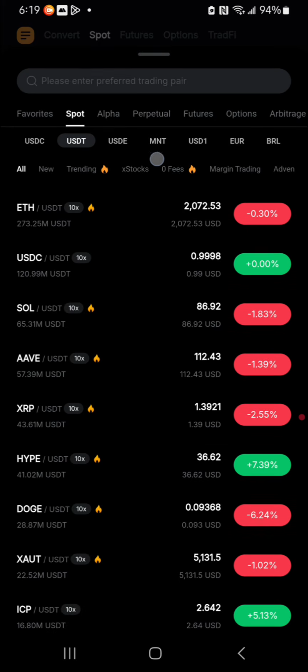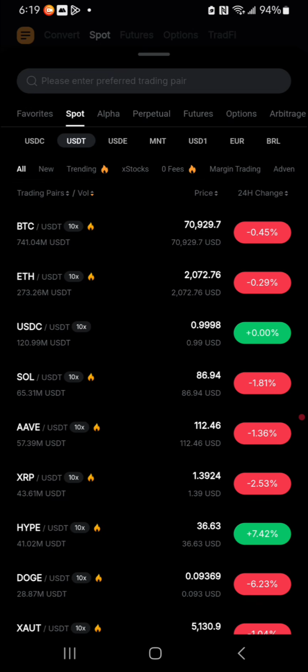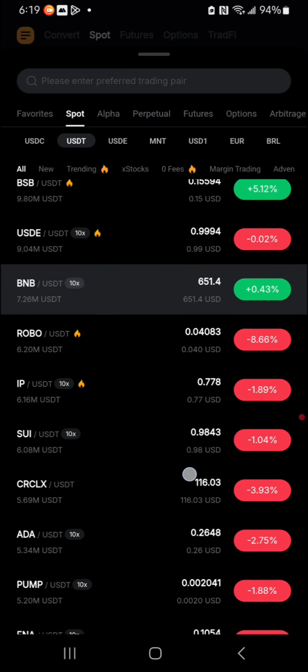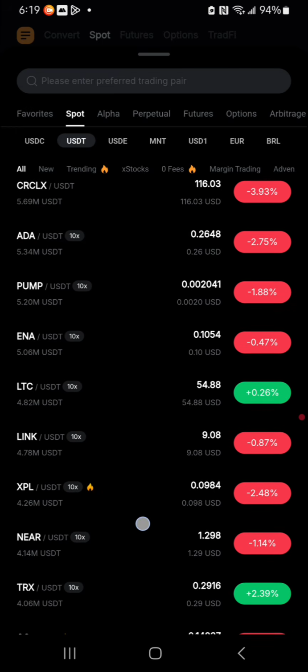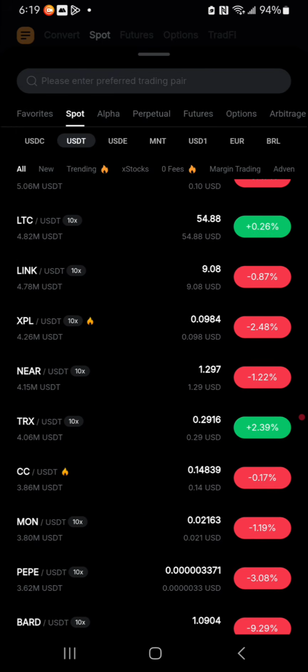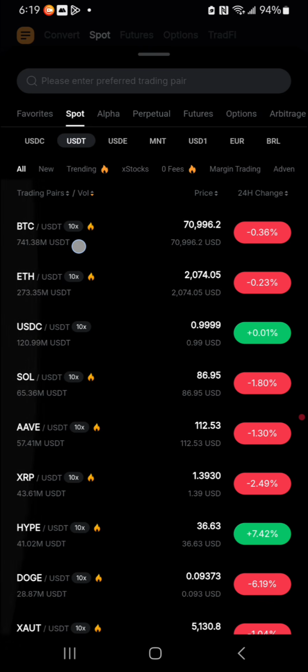There are a bunch of them. We have literally hundreds if not thousands of them. So your obligation is to pick any cryptocurrency at all. Just scroll down, look for any cryptocurrency that suits you, and make sure that the one you're choosing has over 1 million USDT volume. Because if you look below the coin, like this one, BTC USDT, you get to realize that under it has about